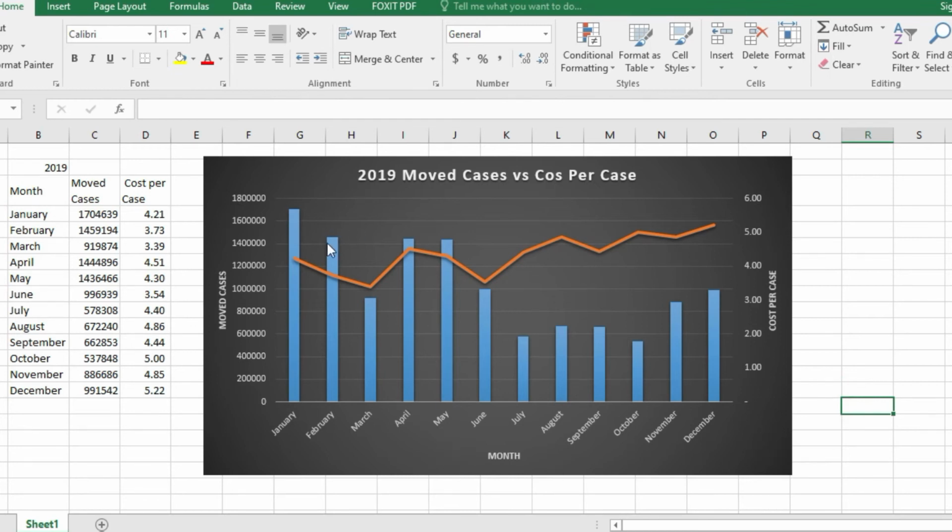Okay, so we can notice here the movement of the cost per case, and based on the analysis, you can see here that I think there's no pattern in here. Yeah, there's no pattern here in this data,